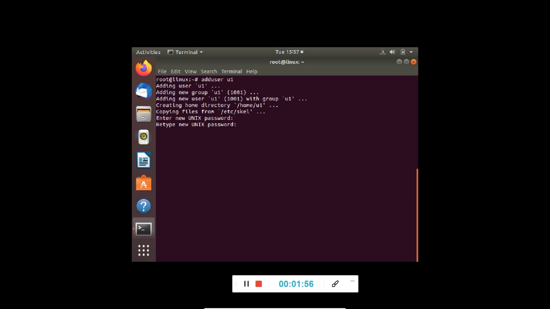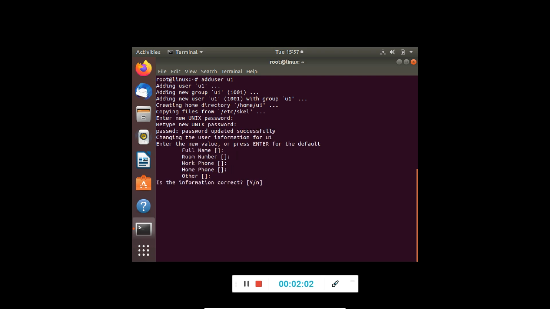We type a password for it, and retype it. Skip all the details of the user. It asks whether the information is right, so we say yes, and a user has been added by the name of u1.